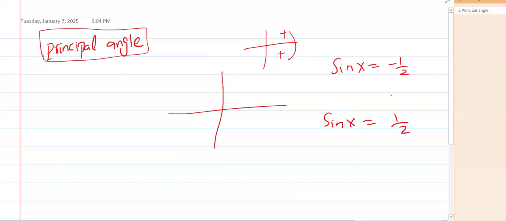Whether it is positive or negative, the principal angle will be the same. When we take the principal angle, we ignore the negative sign. For example, if I have to take the principal angle,